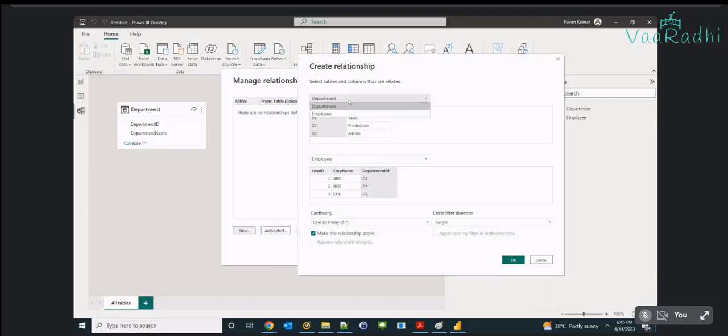Now, what if I choose employee to department, guys? Now see here, what is the cardinality that Power BI is showing? Many to 1, star to 1. That is many to 1. What does it mean? The common column is department. The values from the department column will be multiple on the employee side, and those multiple values will have only a single occurrence in